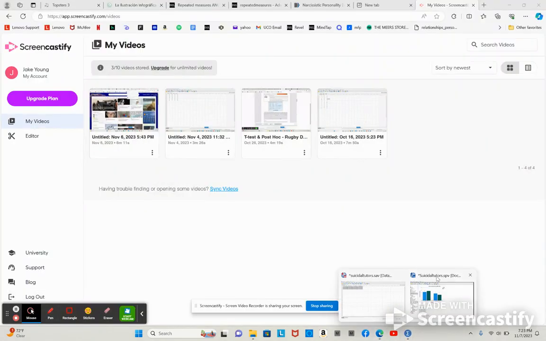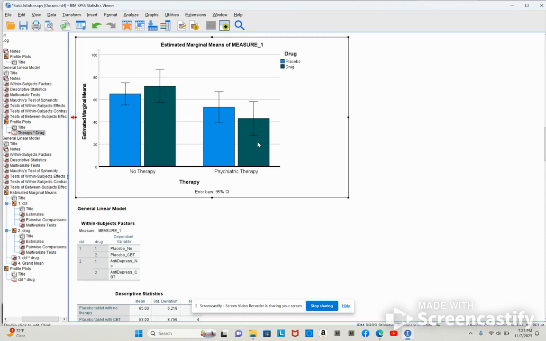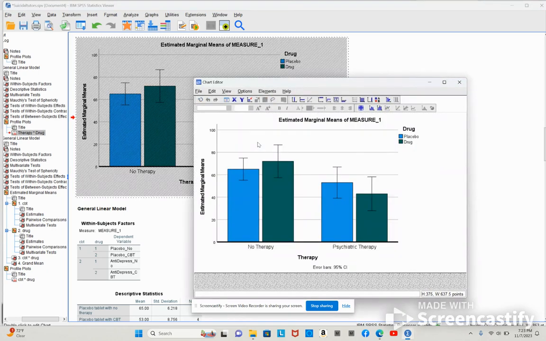Sorry about all these weird, awkward pauses, but my brain finally started working again, and it started loading, and I realized that obviously psychiatric therapy would be lower because they're talking about suicidal ideation, so you would very much want it to be lower after going to therapy, which is what we can see here on the bar graph, is that therapy does seem to help much more than just drug does, because the drug does not look like it has that much of an effect, though it does look like in conjunction with therapy it does have a lot of